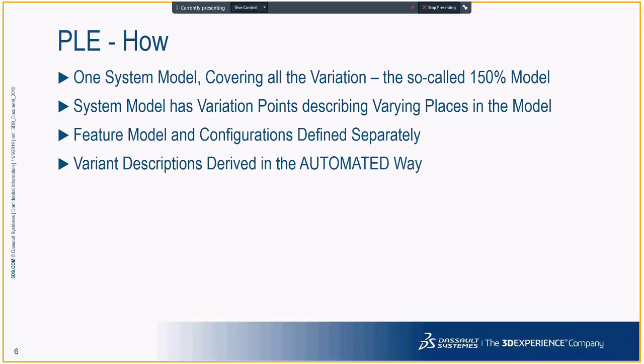We have that, then we annotate it, and the places where this model changes are called variation points. So basically, we demarcate the system model, and for each variation point we describe how this place in the model needs to change depending on some circumstances. And now how to capture those circumstances, or what's called configurations or feature models. So basically we need to have